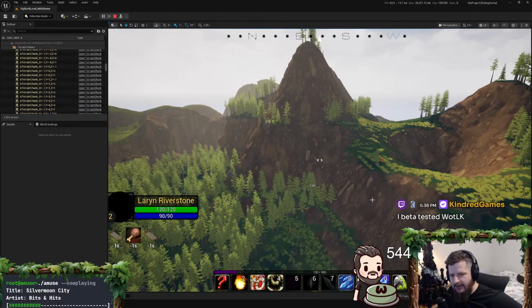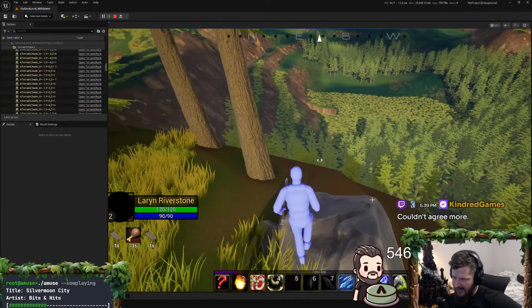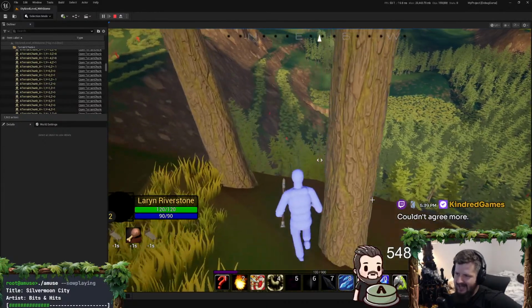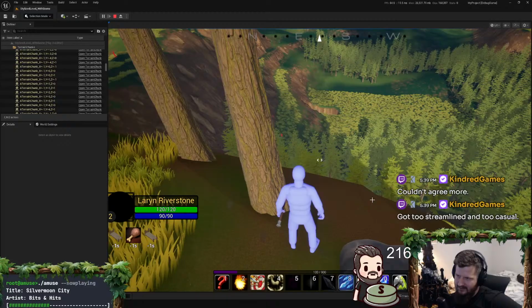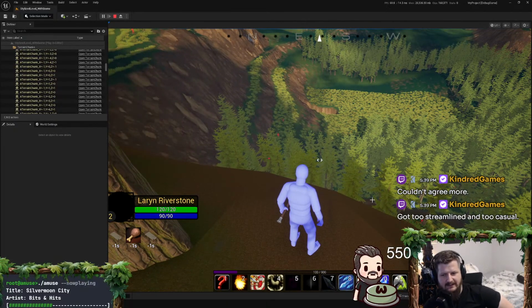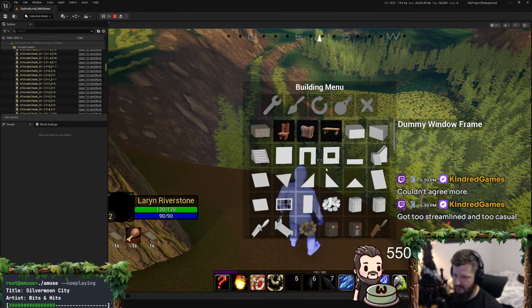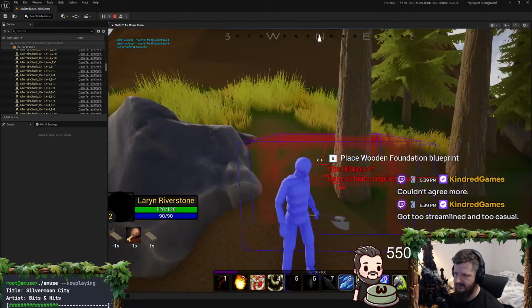Could have some screenshots, just grab a few wishlists, but I get it. Yeah, like I said, none of these assets are final, so any screenshots I take are not going to be representative of the game. I was just talking to Adder about how I don't even understand how to talk about art in games, or what I want. I'm not even close to that point. We got a lot of stuff to do. I got a lot of systems built already. We've got a building system as well.